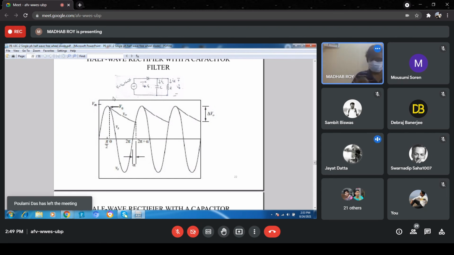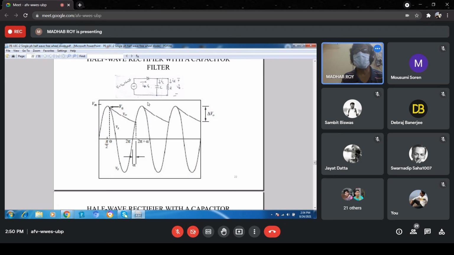So reverse biased. Yes, because the polarity of this voltage will be positive here and the negative voltage will come here. It will neutralize this voltage, because you will see that the capacitor voltage will be higher than the falling edge voltage. So it will be reverse biased and stop conducting. Now the voltage of this will be like this, and the capacitor will be discharging through this resistance.